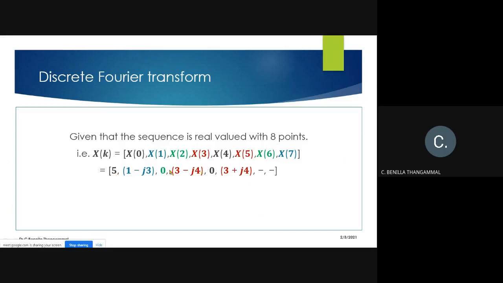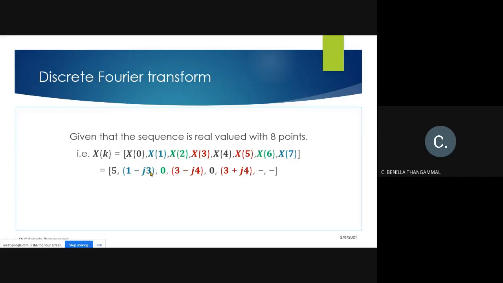So here the first and the fourth are going to be unique. You just leave them out. So the complex conjugate of 3 minus 4j will be 3 plus 4j. Similarly, for the complex conjugate of 0, you retain your real part as such. Only the imaginary part will have its sign changed, right? So here it is only 0. So your x of 6 will be 0.